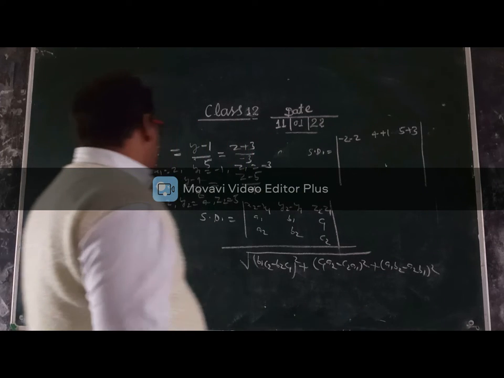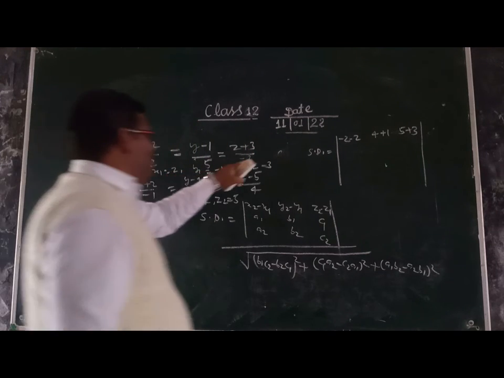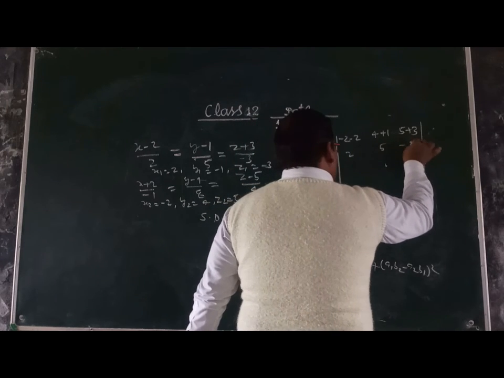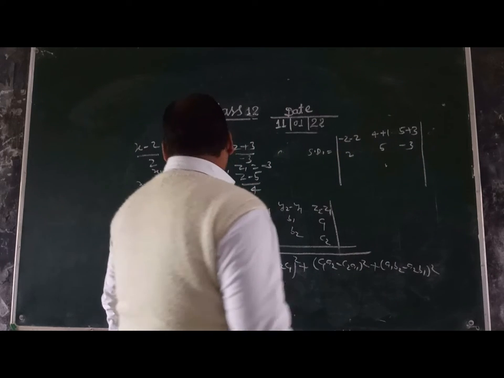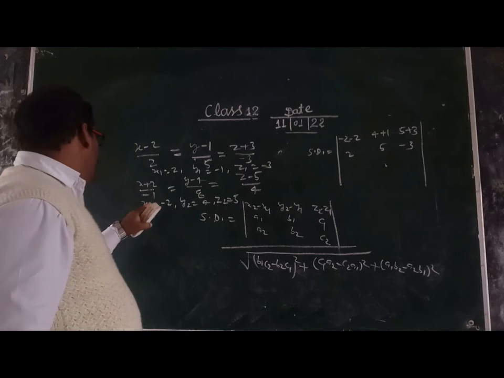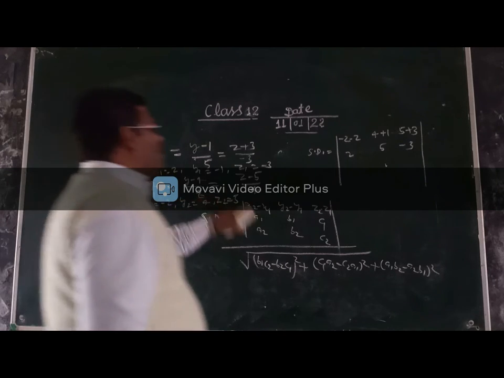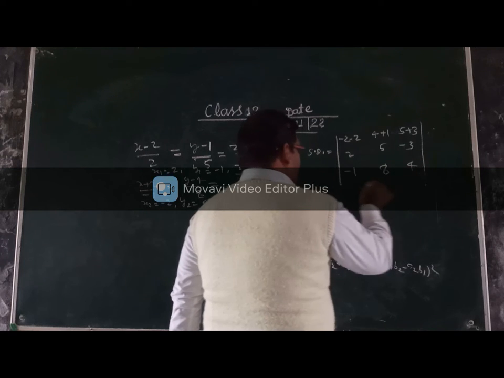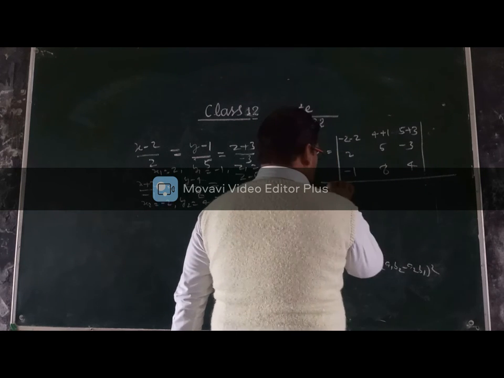Now a1, b1, c1 are 2, 5, minus 3, and a2, b2, c2 are minus 1, 8, 4, divided by the square root of